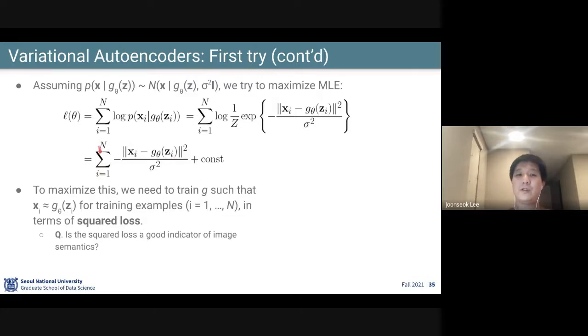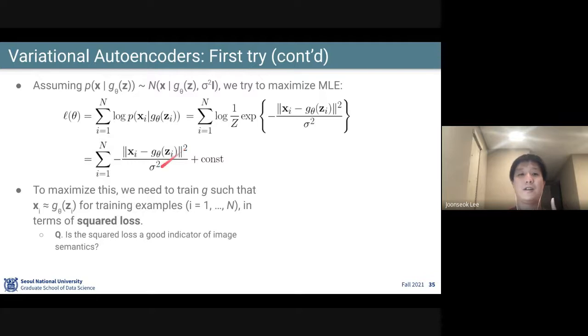For each example, we sum these things. And what is that? It's the distance between the actual data points and the images that our model generated, the output of our generator. So that means we have to generate images as similar as possible to the actual images, which is right. That's what we would like to do in terms of squared loss,